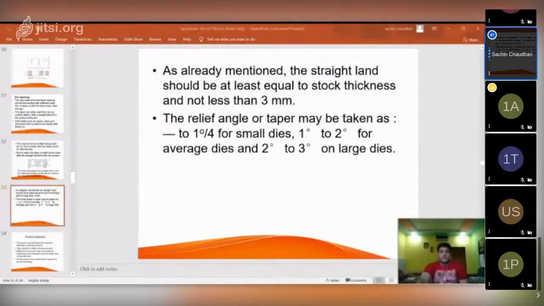so according to this, the die block is designed, and the die block is an important part of your press working operation. Okay, so the dimensions of the die block and so on are given in tables according to your sheet thickness, according to the metal of the strip you are using. Okay, then it also depends upon the size of the part which is to be cut.